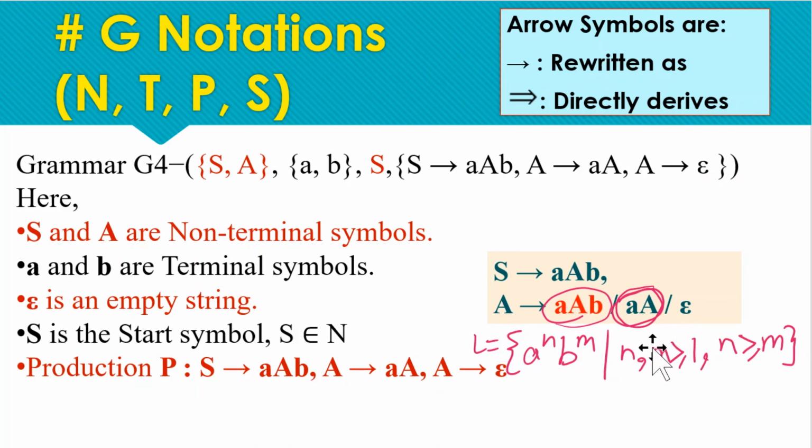With this rule we can have only occurrences of a's then b's. The same way we can derive the language of a's and b's where the number of b's is greater than the number of a's. For that you need to change this rule to this rule, then you can derive this language where the number of b's is greater than or equal to the number of a's, and a's are followed by an equal or greater number of b's. So if you change this particular rule to this rule, otherwise with this rule we have the language where the number of a's is greater than the number of b's.